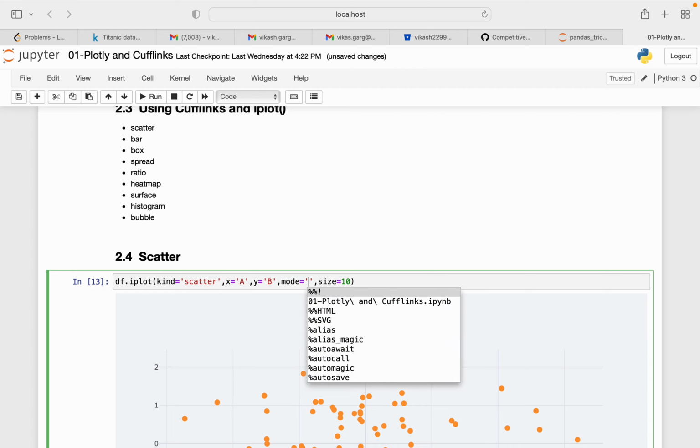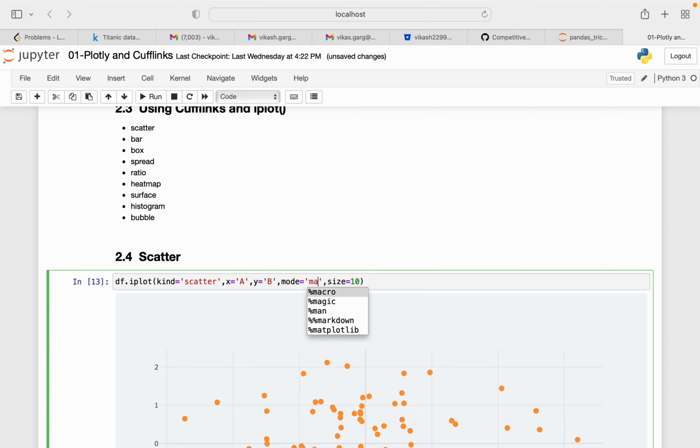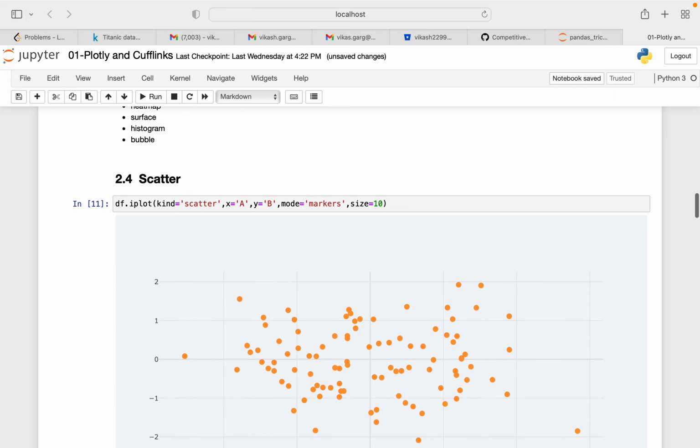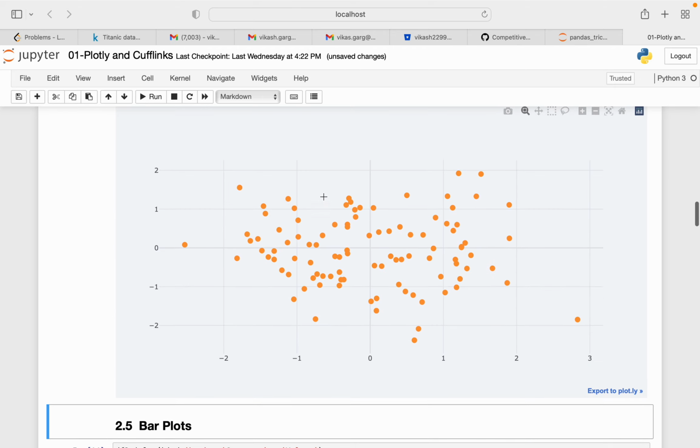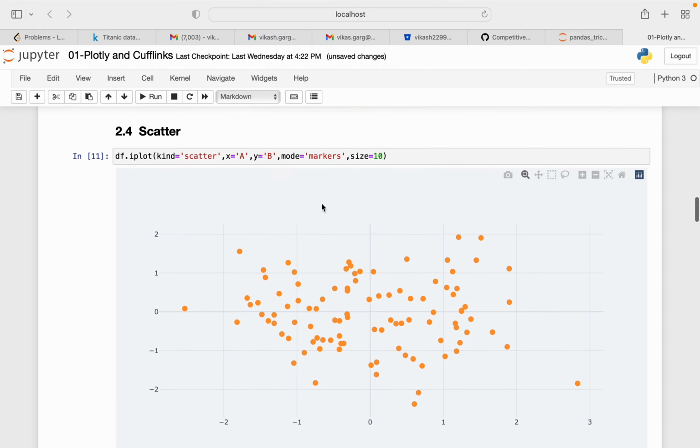As you can see, we are getting pretty much any option, but we are going to do markers only. Now if you hit run, you can see we are getting this plot.